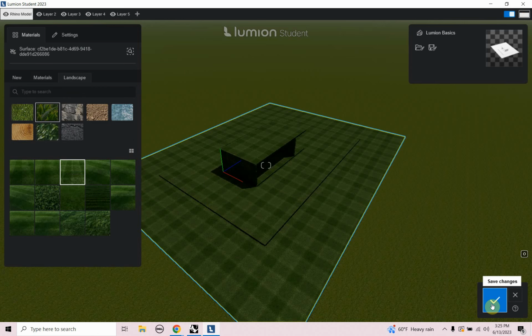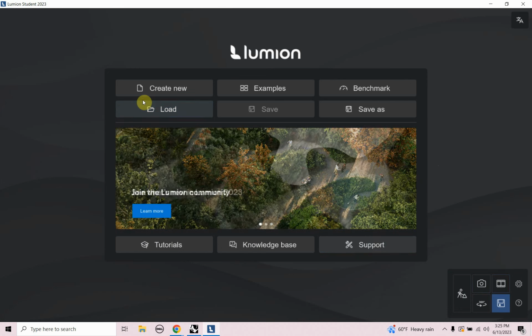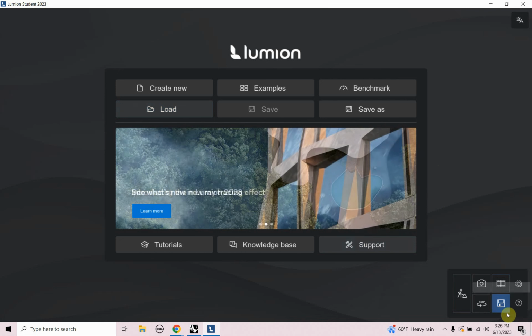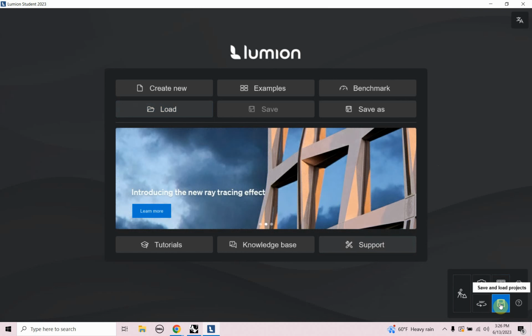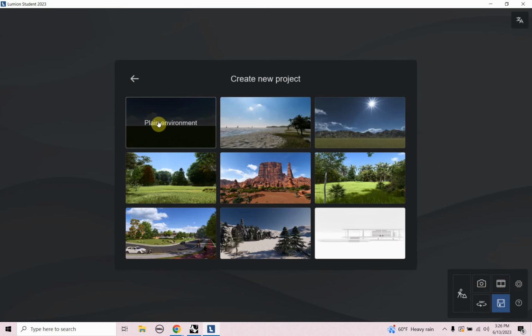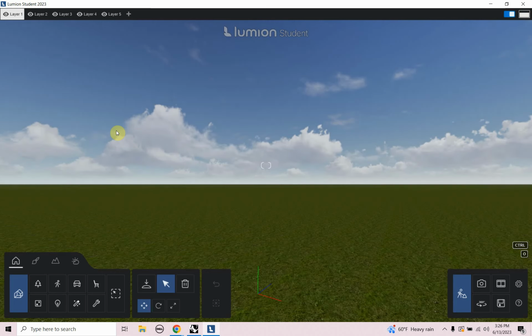So I'm going to double click on the little check mark on the lower right of my window and get rid of this plaid grass. Okay, where'd my file go? Oh no. So it didn't like that at all. And I didn't save the Lumion, but it's no big deal because I'm live syncing it from Rhino. Alright, so let's go to create new. Let's go to the plane environment. Alright, so that might happen to you at home, a little crash, but not to worry